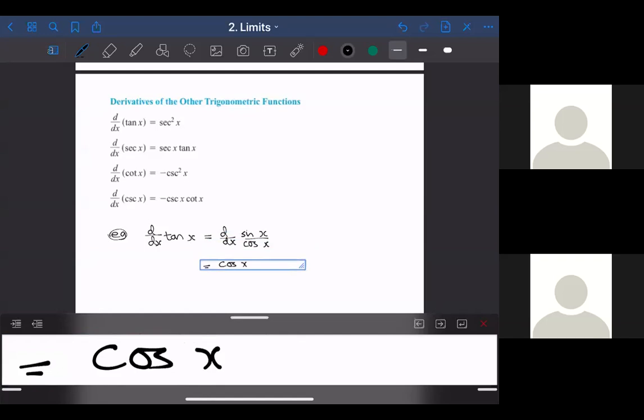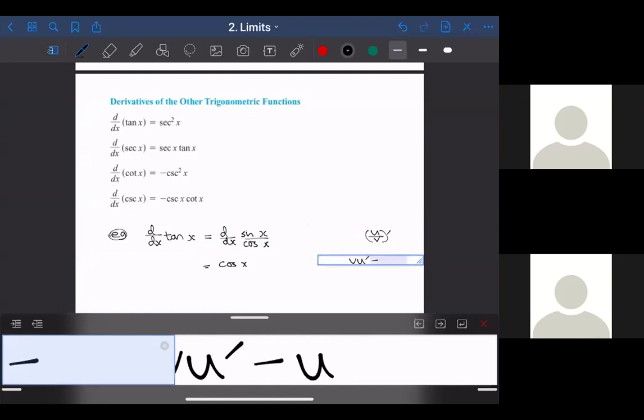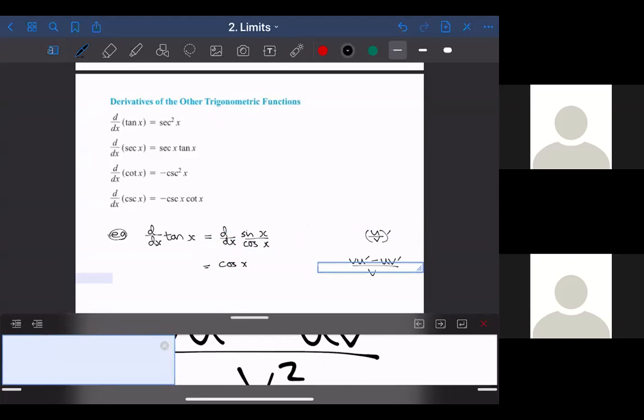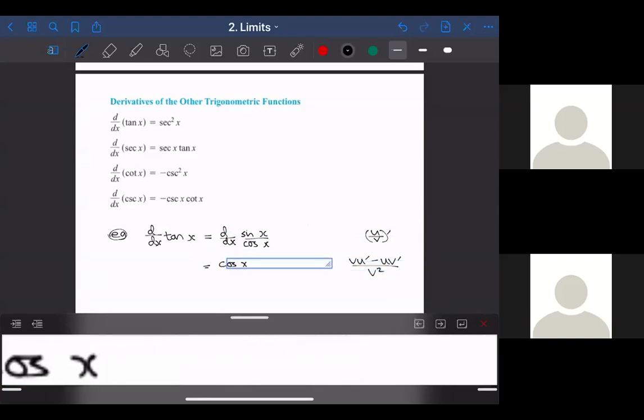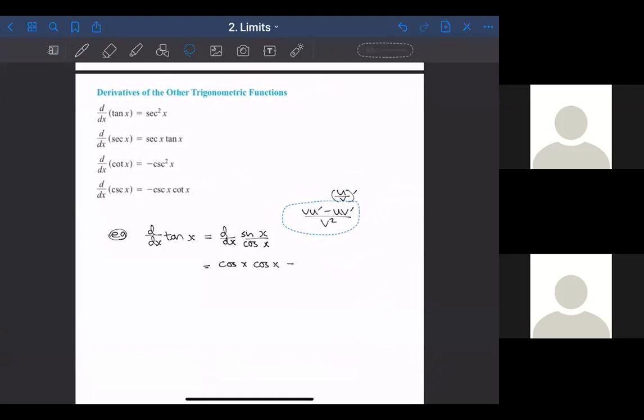Remember, it's u over v prime is v u prime minus u v prime over v squared. So cos x times cos x minus,